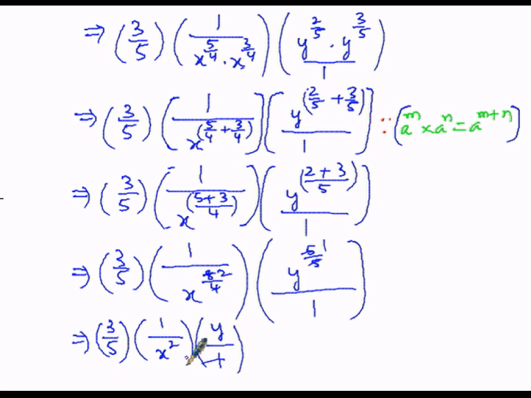So we can cancel out 1 and 1 because the symbol in between is multiplication. So that implies 3 into y is 3y in the numerator, overall divided by 5 into x square, which is nothing but 5x square. In this manner, I got the solution, therefore the solution is equal to 3y divided by 5x square. So in this manner we have simplified the